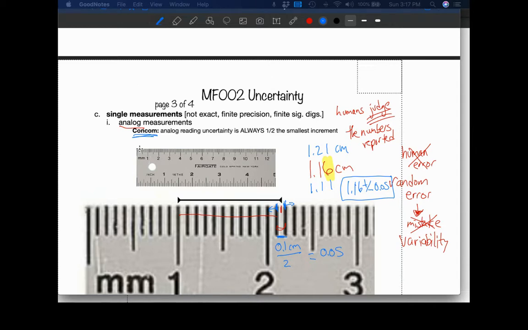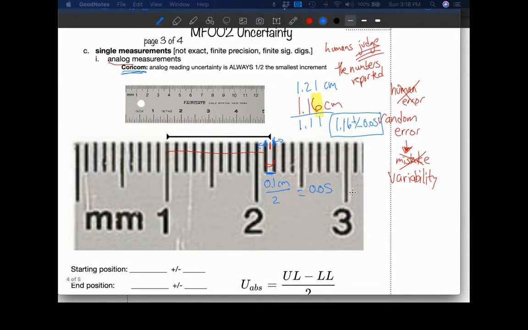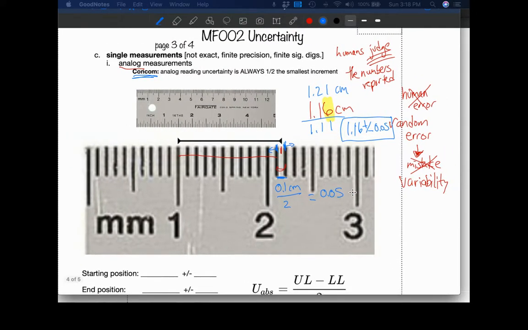And this is oftentimes part of the reason why, in chemistry, you didn't learn so much about adding plus or minus on it. Because if a scientist knows this rule, it's given that if you used an analog device, it should not be more than 1.21, nor should it be less than 1.11. So that is not only how we make a measurement, it is also how we report that uncertainty. And that uncertainty is what we would call the reading error.